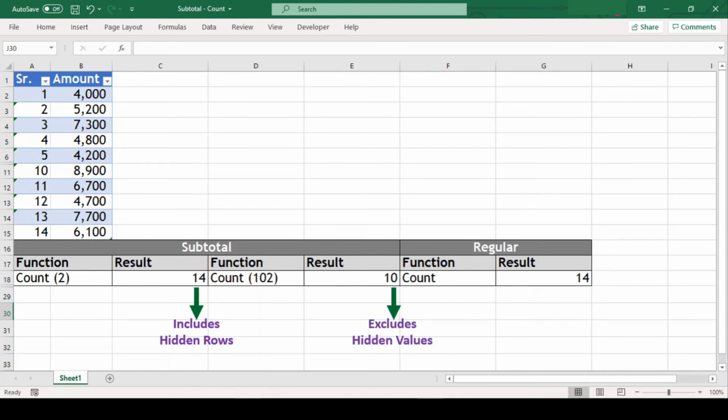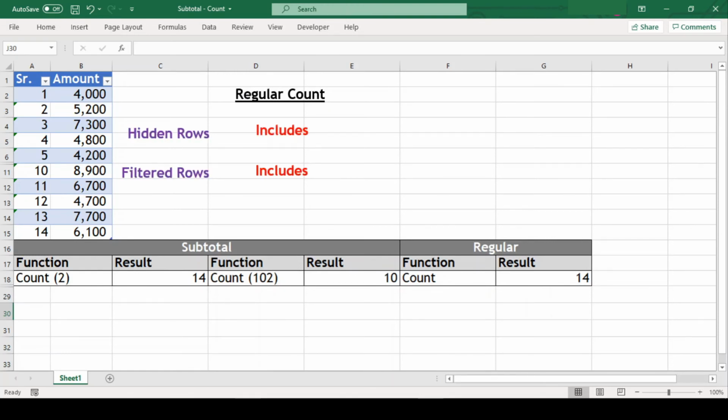Now before we conclude this video, let us sum up what we saw right now in a nutshell. Regular count function counts the given range of cells irrespective of whether the range has hidden cells or the range is filtered. But the count function in subtotal counts the given range of cells and changes dynamically when the range is filtered.